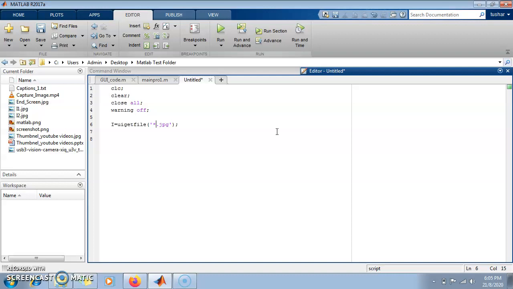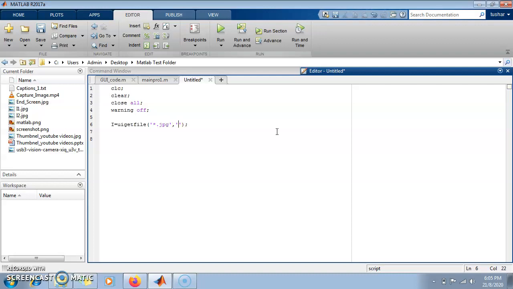This indicates that the user can select any image with the extension .jpg. The star indicates any image, any name, and .jpg indicates only JPG extension images. You can write *.* so that you can select an image of any extension, that is JPG, PNG or any format. But let us first select the JPG format.